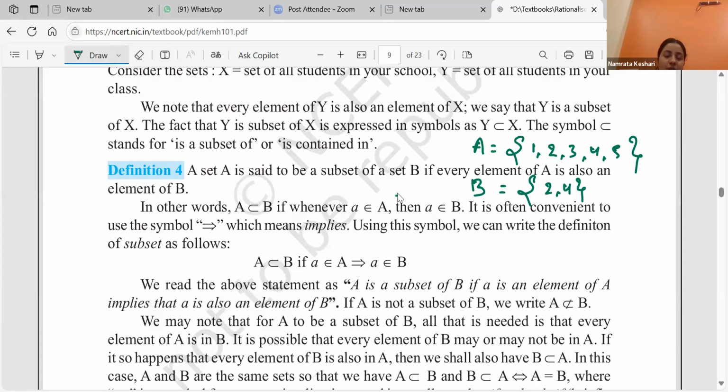Yeah. Okay. Why? Because the elements of B are already present in A. This 2 belongs to B, and the same 2 belongs to A as well. Similarly, this 4 belongs to B, and the same 4 belongs to A as well. If each and every element is already present in A, then we can say B is the subset of A, right, Manvi? Yes. We can write this way also, that B